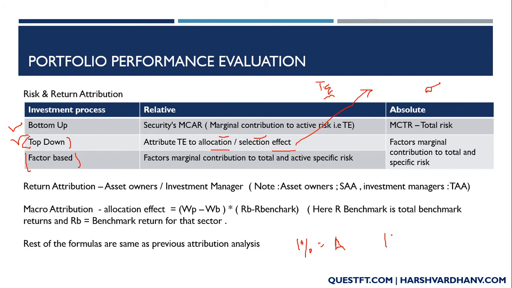What will be the change in tracking error? Suppose I have an allocation of 10% in small cap stocks, and I change it to 11%. Obviously, I'm taking on more risk because I'm investing in small cap growth stocks. So if I'm changing it from 10 to 11, what is the impact of this change on the tracking error if I am comparing it with the benchmark? And what is the impact of this change on the standard deviation for the absolute portfolio risk? I hope I was clear.